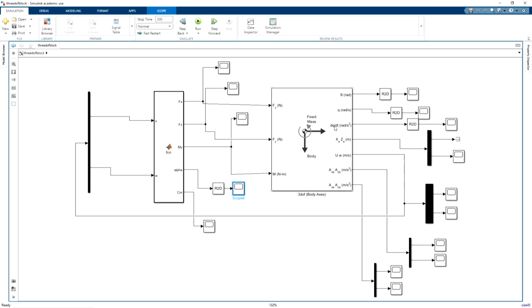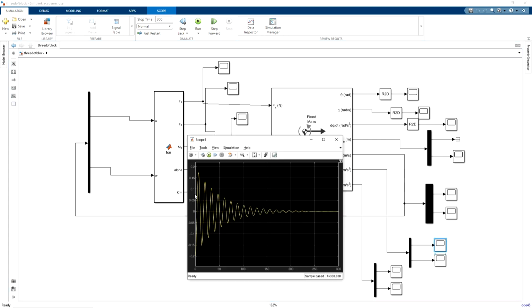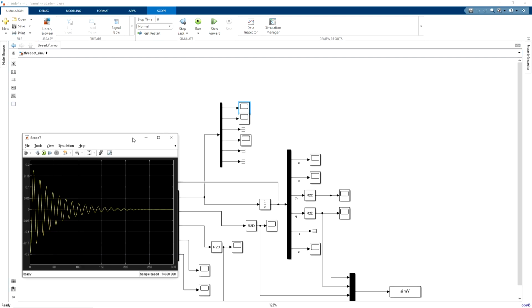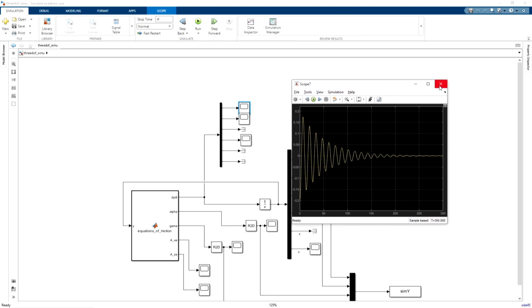In this block the equations are already inbuilt. So you need not write the equations and integrate separately. All right. So you can use this block directly if you have the aircraft model. Similarly, you can compare the other parameters as well. For example, AXB, which is approximately 0, accelerations. You go to the previous block. Here we have accelerations, it is going approximately equal to 0.